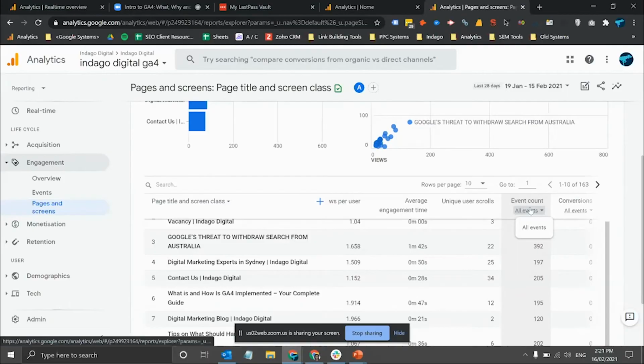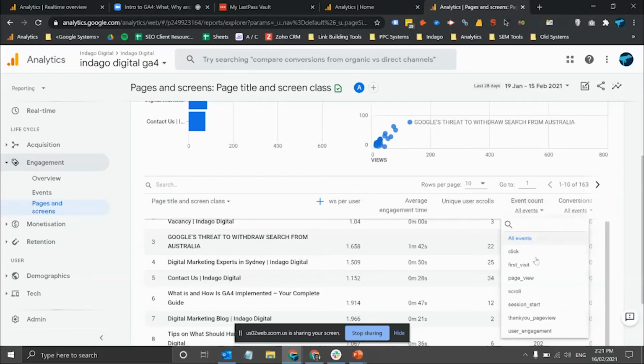So you can select individual events underneath here. If you want to look at how many clicks have happened on your site, scrolls, user engagements, first visits, page views, etc. It will take a little bit of time to get used to where everything is and how to get to the reports that everyone is used to getting to using the Universal version.